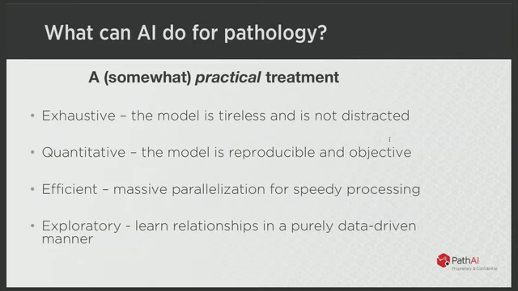It's super efficient. This whole process is massively parallelizable, so you can do a slide as fast as you want based on how much you're willing to spend on it. It allows you not only to do all of these automation tasks exhaustively, quantitatively, and efficiently, but also to discover a lot of new insights from the data, which we did in a very early way 8 years ago when we had human-extracted features and correlated those with outcome. But now you can supervise the whole process with machine learning, from the components of an image to patient outcomes, and learn new biology that you didn't know going in.